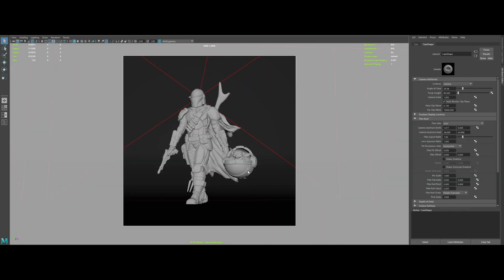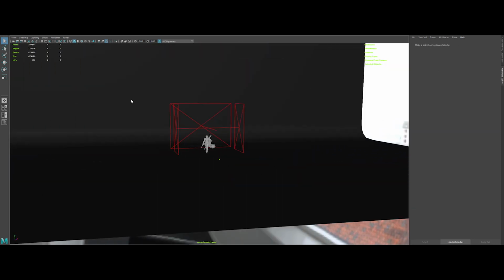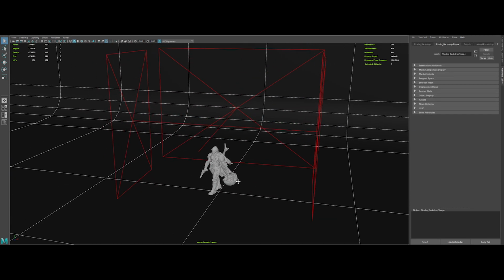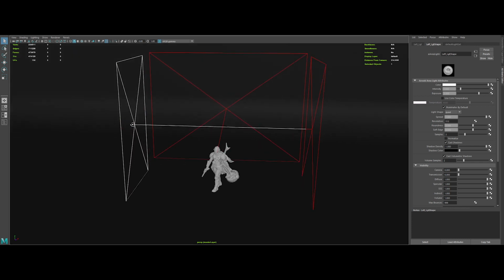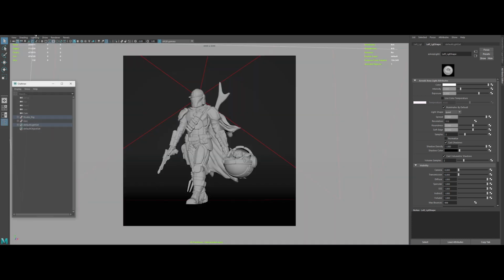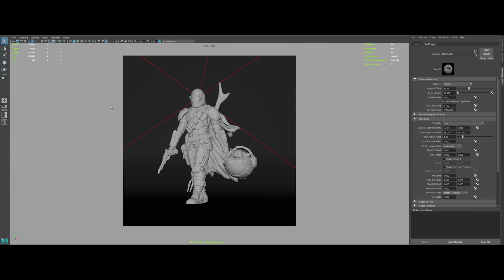I've also already set up a basic look dev scene. If we look a moment to the setup of the scene, it's pretty basic. We've got an HDRI, a backdrop, a rim light and a right and left light. This is a basic lighting studio setup. If I open the outliner, you can see that everything is clean and tidy. It's important to have everything well organized if you work in production with a team. So it's good to get into this habit early on.